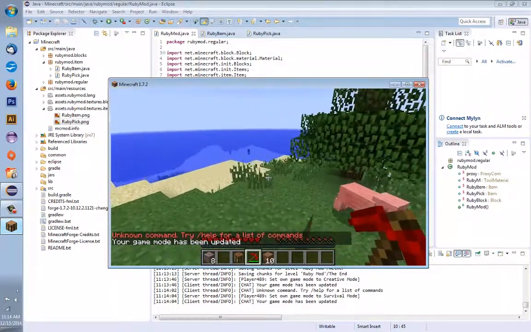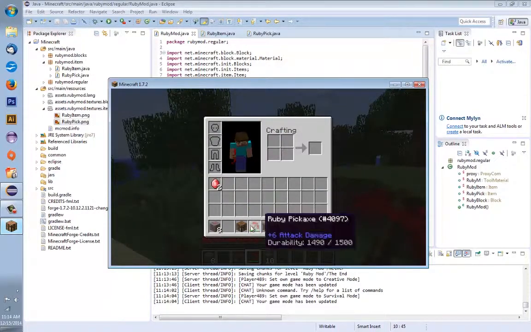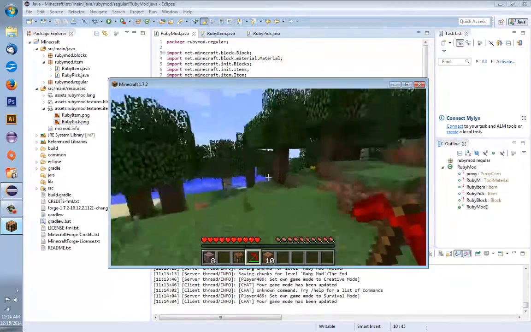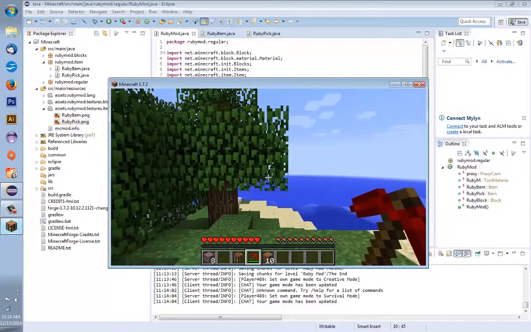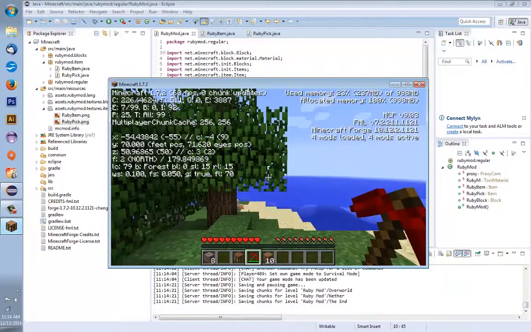The next thing you're going to want to do is you'll need to see how much durability it has. As you can see, it will tell me here, but the way to make it appear on your computer is you press F3 and then H, and that will show it, and then remove it. So F3 H,